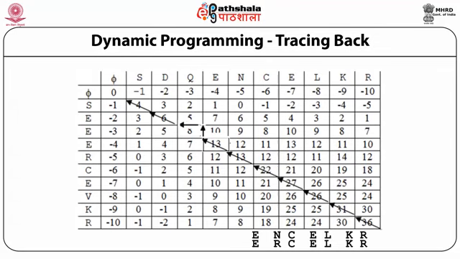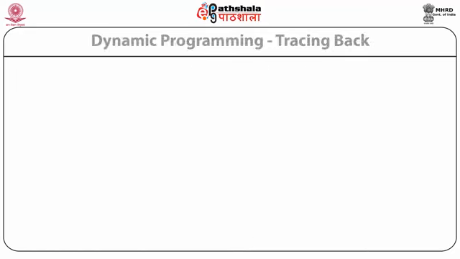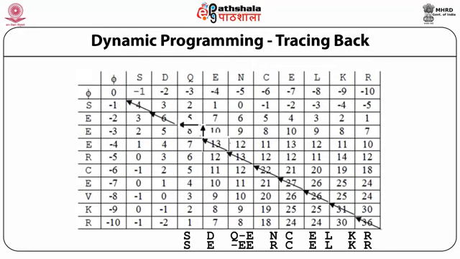In the present example, continue aligning residues for the diagonal arrows till E in the vertical sequence and E in the horizontal sequence is encountered. Then there is a vertical arrow. Since now the arrow is vertical, a residue from the vertical sequence is written and a gap in the horizontal sequence is introduced. Next, there is a horizontal arrow. Therefore, a residue from the horizontal sequence is aligned with a gap in the vertical sequence. This way of alignment using dynamic programming was described by Needleman and Wunsch.